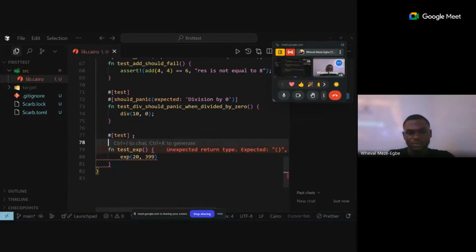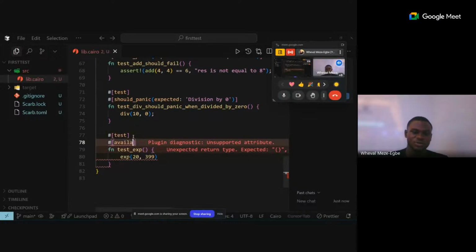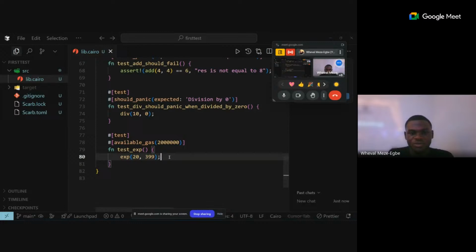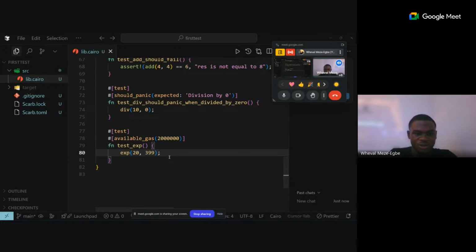So now, can I specify the available gas that we want this function to use? Right, available gas. And then pass, let's see, 2 million. 50 million. Let's say 2 million. Okay, and Scarb is giving us an error because we did not put the semicolon at the end of this. Right, so